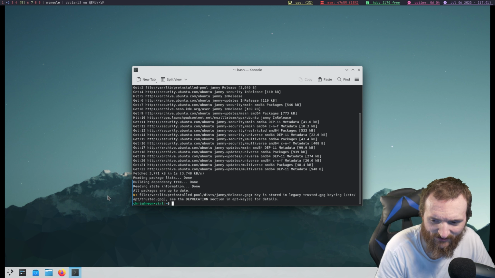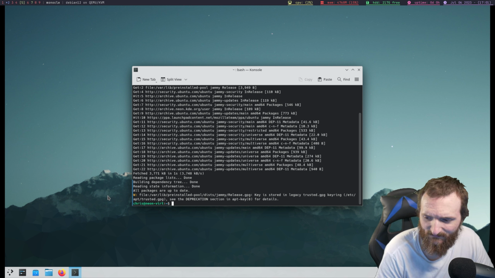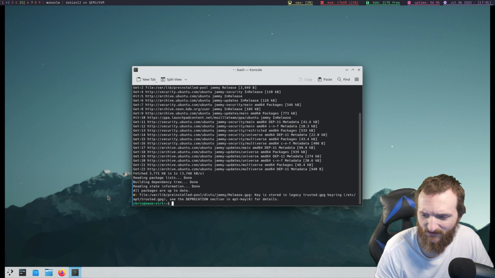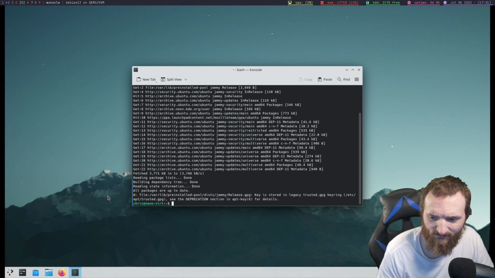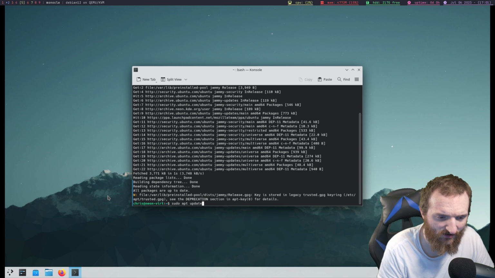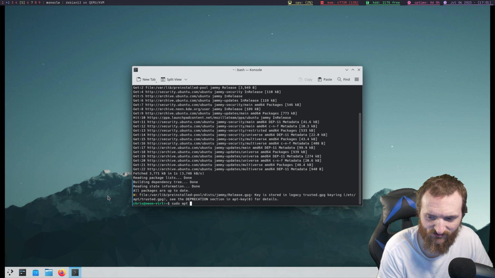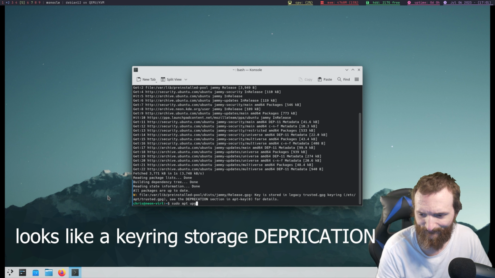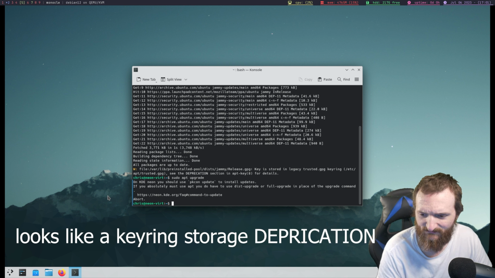And it looks like we are getting package errors from the key ring here. So I don't know enough about Debian based distros to fix that. Maybe